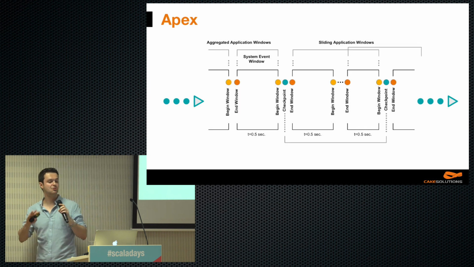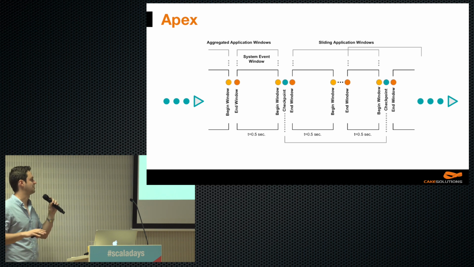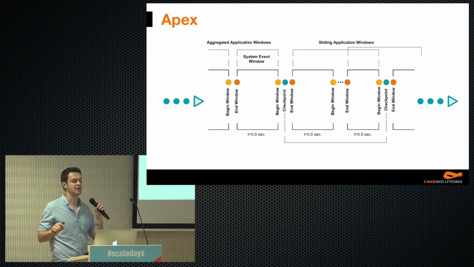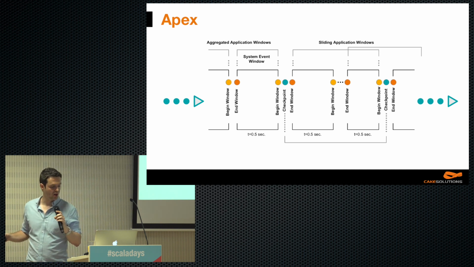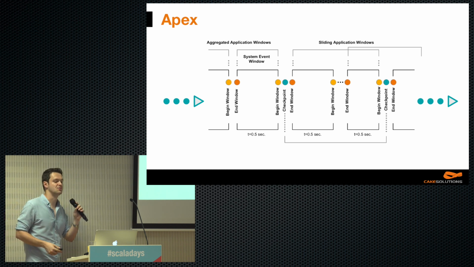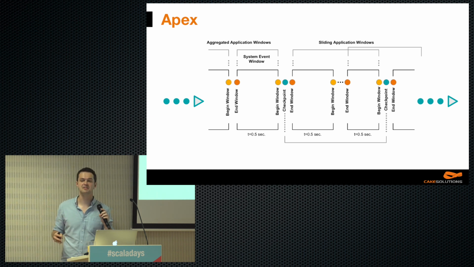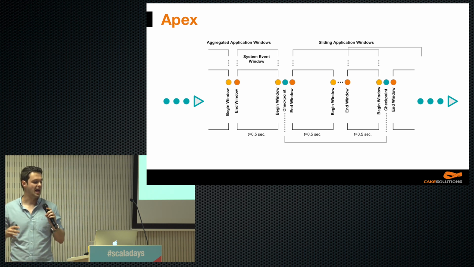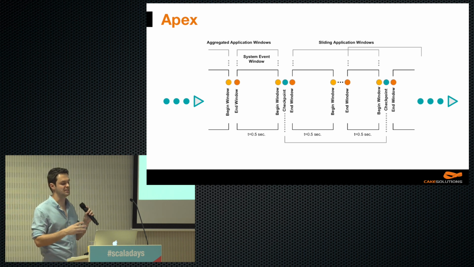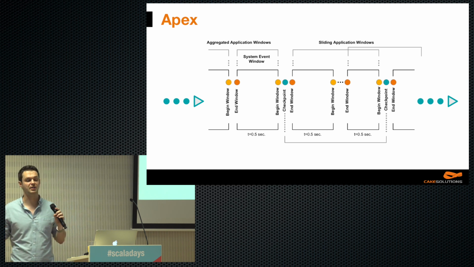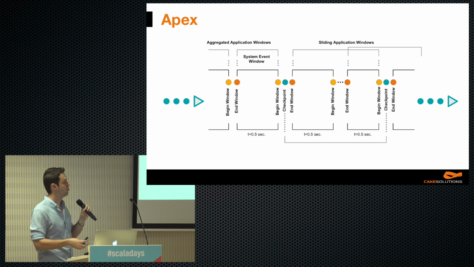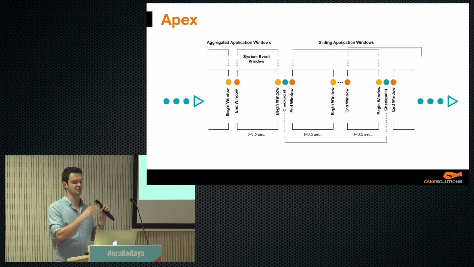As we know, there are two distinctive approaches to implementing stream processing: native streaming and micro-batch. Apex takes a little bit different, I would say hybrid approach, which they call Windowed Stream Real-Time Event Stream Processing. So what does it mean? Basically, Apex periodically sends some kind of markers named beacons through a stream, and they are used to track the processed events in case of failure. It works quite well. It's efficient. There's no artificial latency. But as you may see in the picture, your application windows must be multiples of the system windows, and that might be a limiting factor.